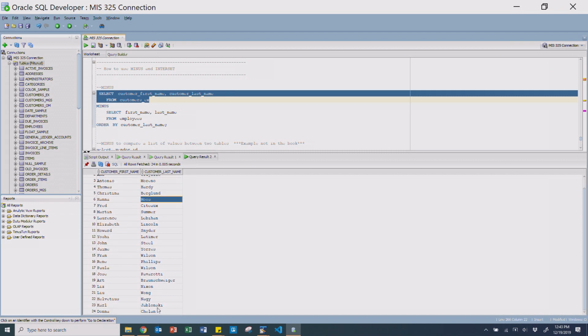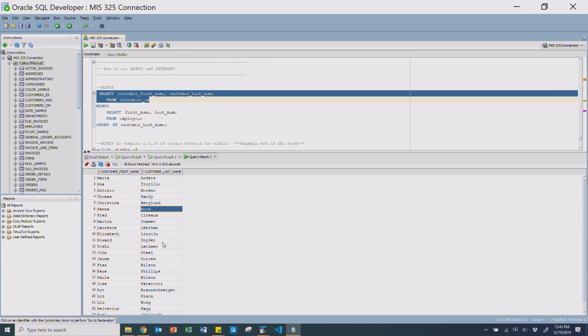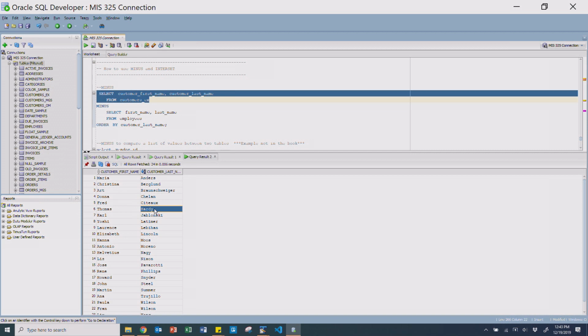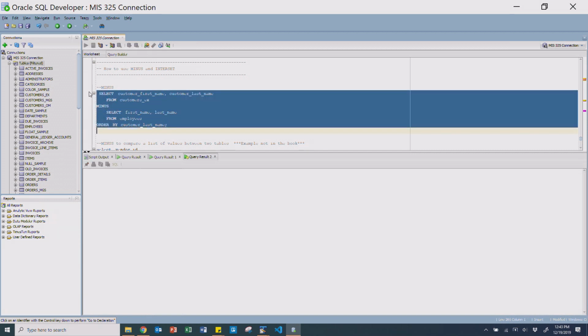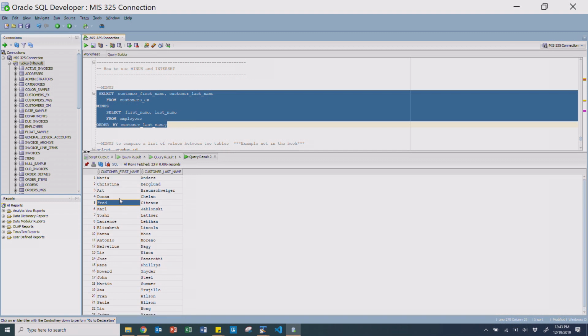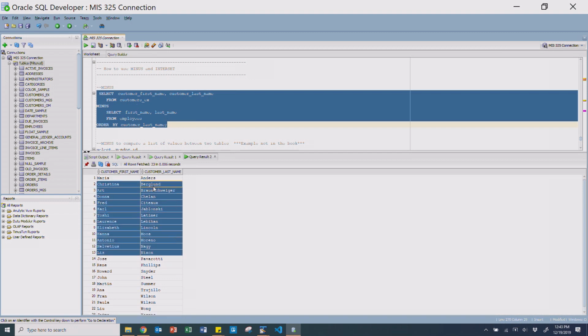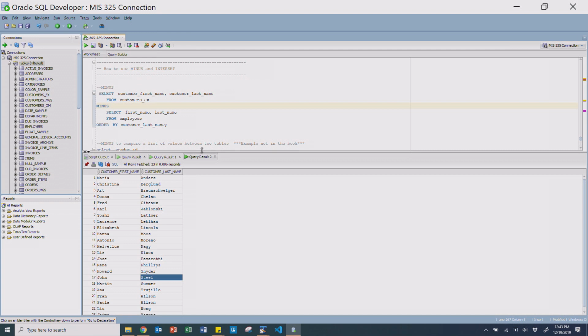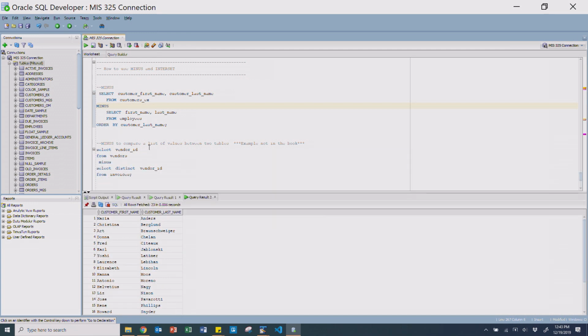I just know this because I've played with this data enough that, let's see here. Tom Hardy is here. So what this is simply going to do, if I run this, this is the data set of all of the customers on the customer EX table that do not intersect with the employee table. And the way for you to simply check how I know which ones don't show up is